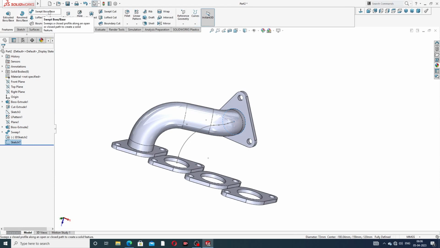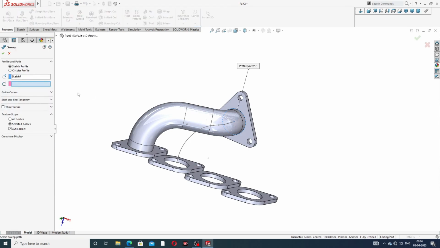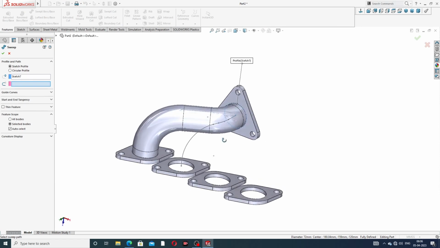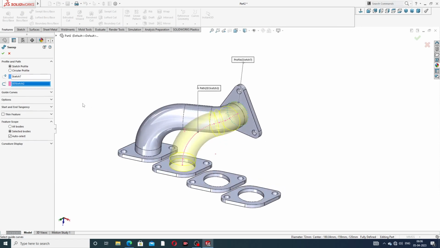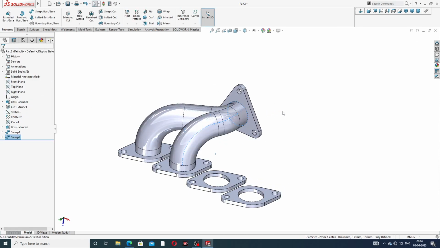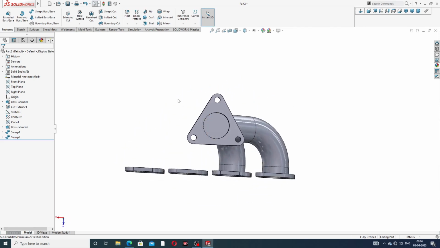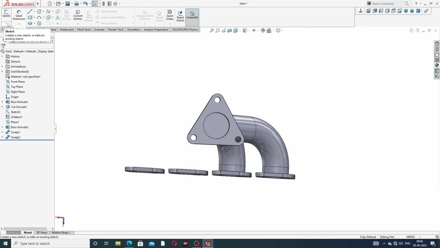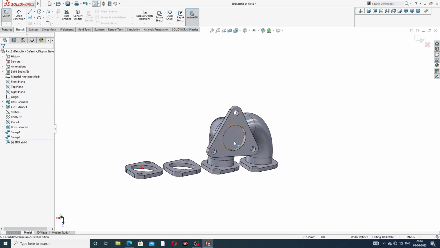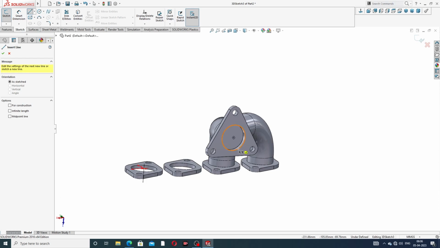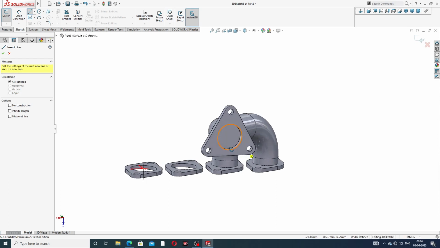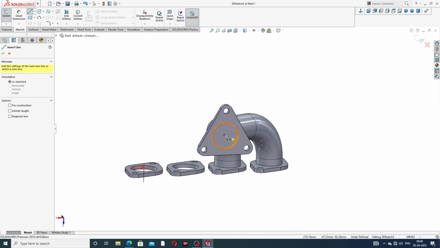Okay, and swept boss base, and this profile is automatically selected here, and this path is this, and okay, this is perfect, and two line is created here easily. And next, again select a 3D line, and this is a copy, both is this, and select a line and draw this